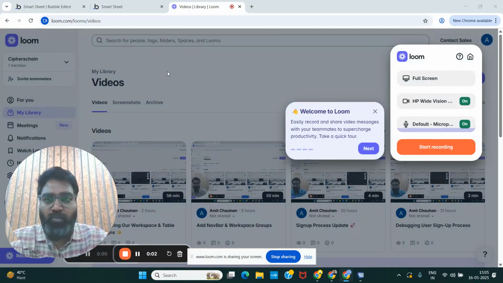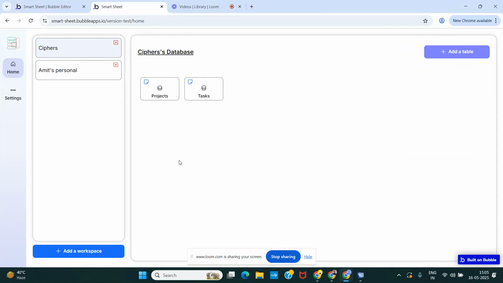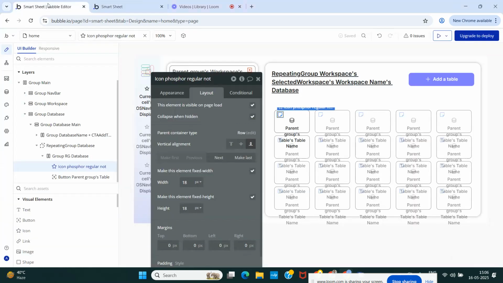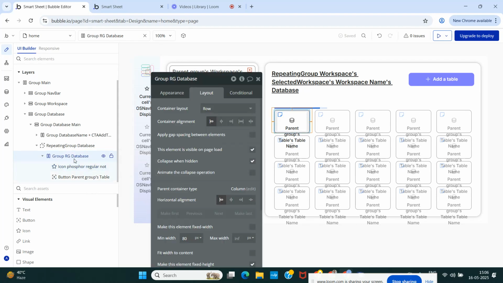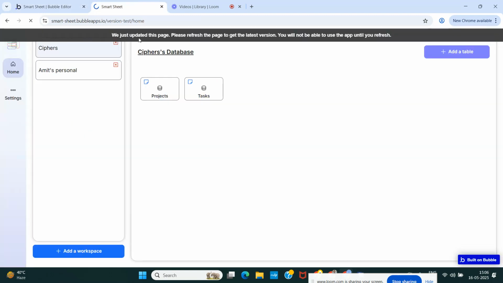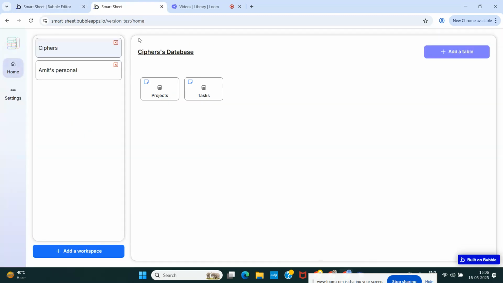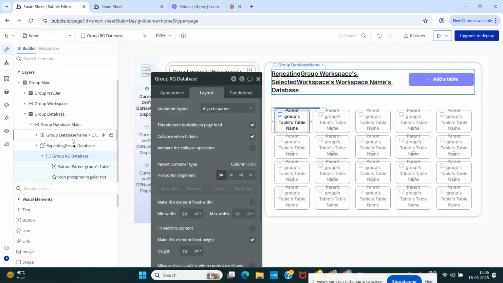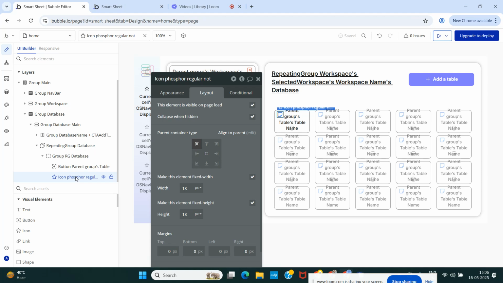Hi, welcome back. So in this video, I think what we discussed in our last video, we kept this sticky note. So just once you click, and then you probably can see the drop down. And what I see right now, I saw the setup of the container layout of the RG database. It's set up as row. I think I would like to change it to align to parent so that it looks nice. Yep. So that's nice, and I think for this icon, which is on the left, I'll